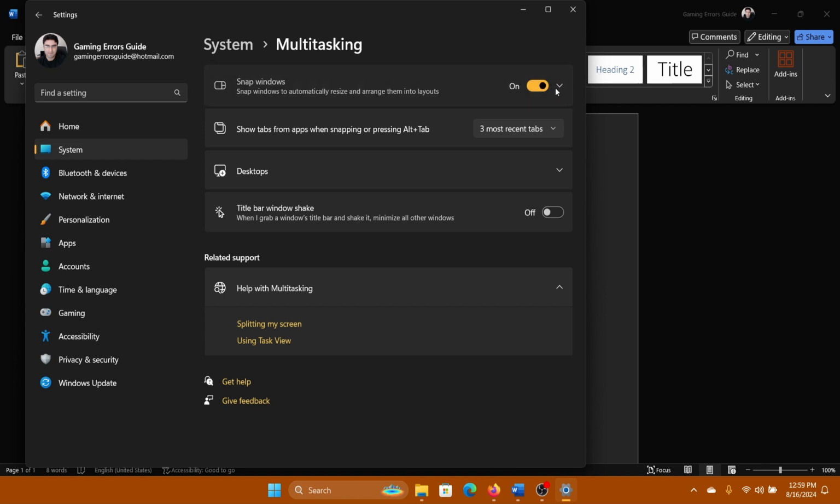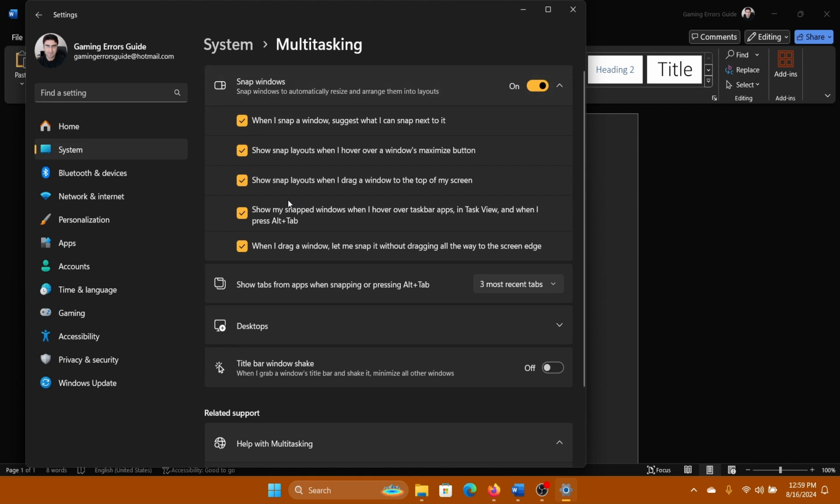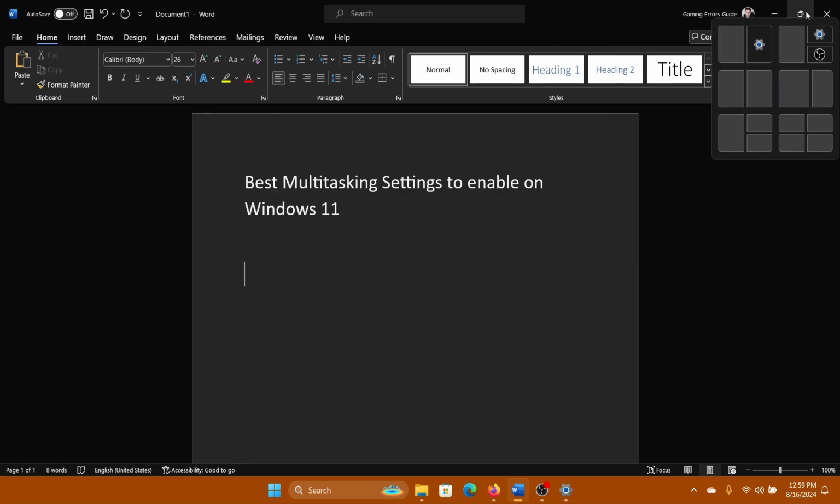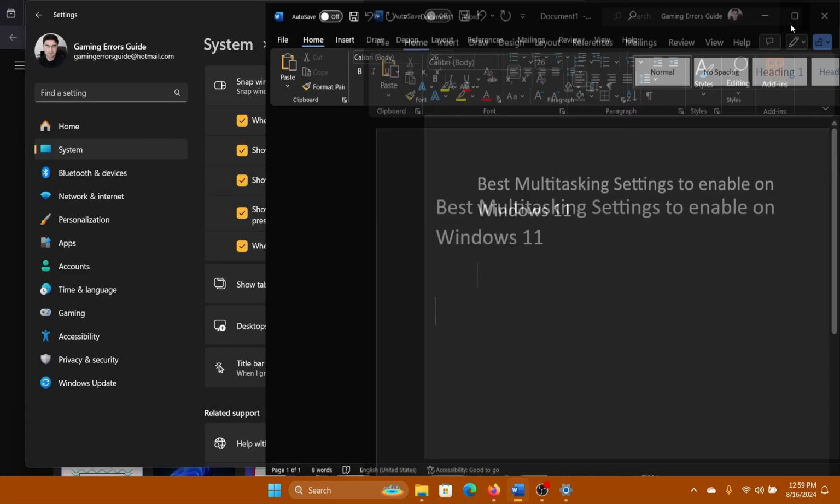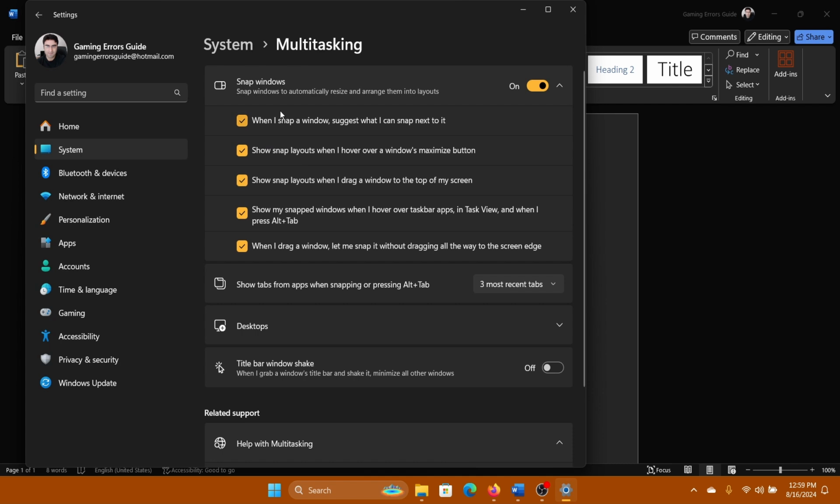Okay, so these have multiple sub options below it, like show snap layouts when I drag a window to the top of my screen, and when I snap a window, show suggestions of what I can snap next to it, and show snap layouts when I hover over a window's maximize button. Let me show you. It will show snap layouts here. Okay, you can select this one and it will divide your system into two, so you can choose accordingly, but I usually keep all of these open because there's no harm in it. You won't click on something unless you want to snap your screen, or unless you specifically